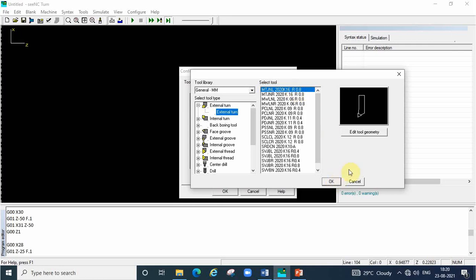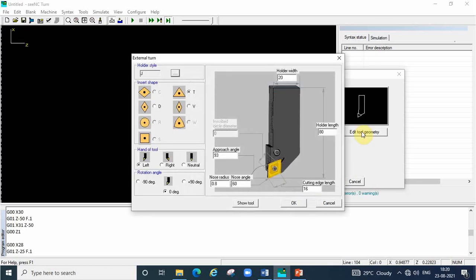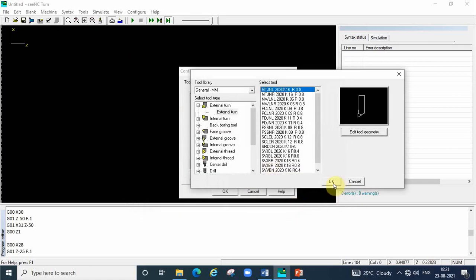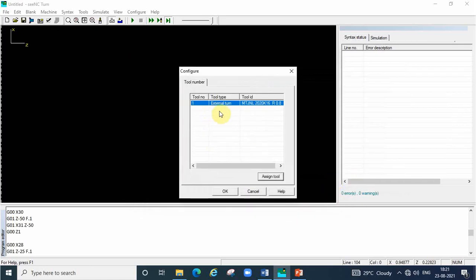Before that, if you want to see the tool geometry, click here. These are all inserts, different types. So which one is suitable, we can select. Say this is nothing but a tool insert. Here 0.8 nose radius is there. I am selecting this. Give OK. Now tool selection is over.